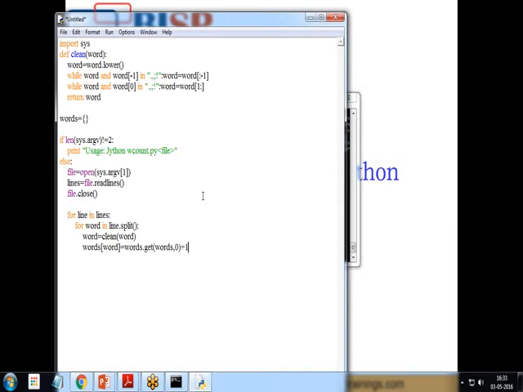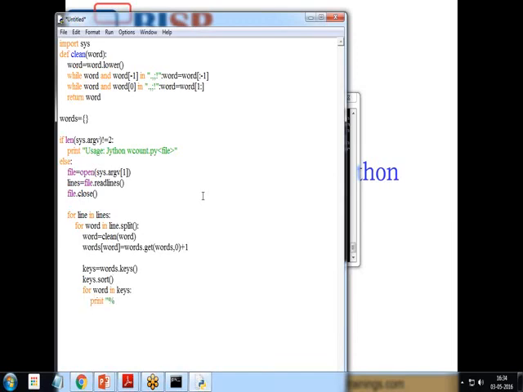So this will update the count, it will count the number of words. If they are equal to an existing one, it will increment the counter. And we have keys is equal to words.keys(), and keys.sort(),